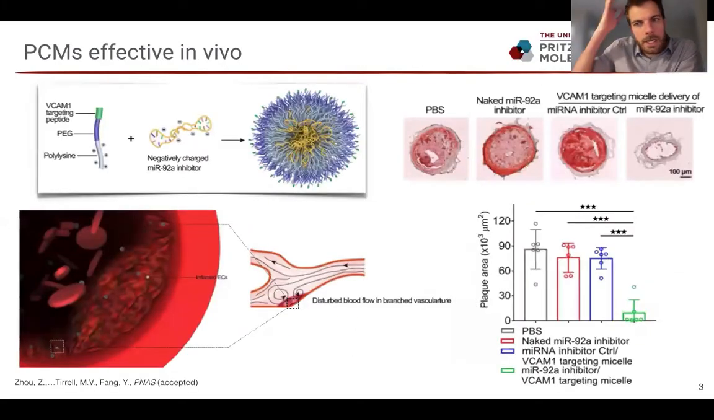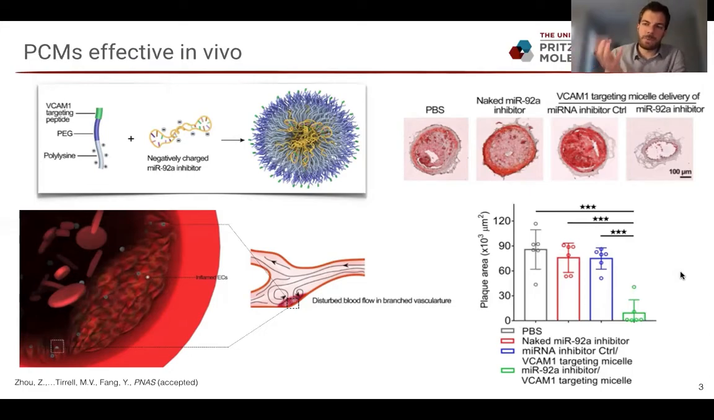And actually, just a recent update from our group is showing that using PEG polylysine and a targeting peptide can sequester this microRNA inhibitor into a micelle. And then actually deliver this and target atherosclerotic plaque and show a significant decrease in the size of this plaque after it's delivering the RNA inhibitor. But this isn't really the point of my talk today, but this is just to show that these micelles are effective for therapeutics,